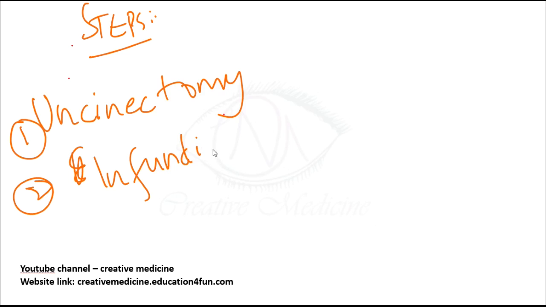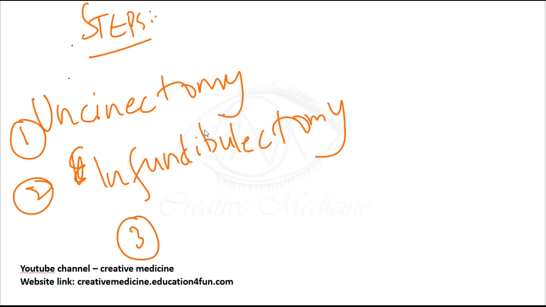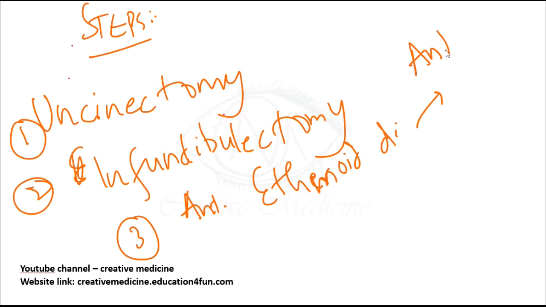You should expose the ethmoidal infundibulum, and this is called infundibulectomy, which is the second step. First step, you will do uncinectomy, remove the uncinate process using Blakesley forceps. Second step, you will expose the ethmoidal infundibulum and do infundibulectomy, and then you will see the anterior ethmoidal disease. If there is any anterior ethmoidal disease, you will have to clear the disease and do anterior ethmoidectomy if necessary. If there is, and you will see posterior ethmoidal cells also, then you will do posterior ethmoidectomy.